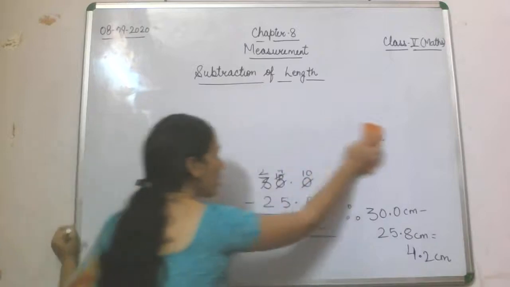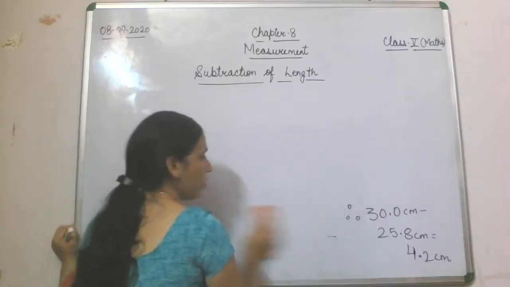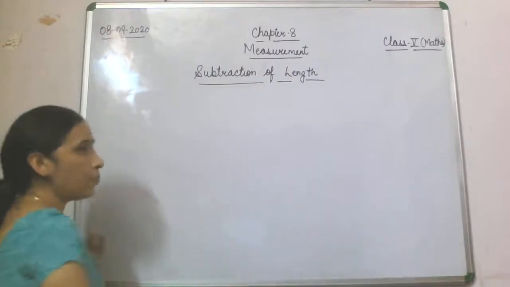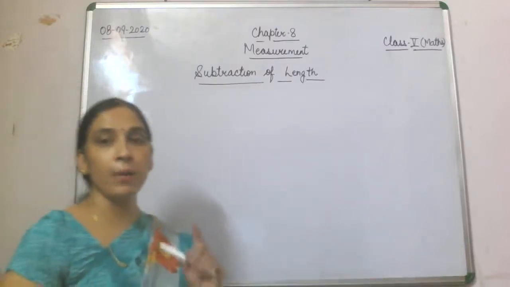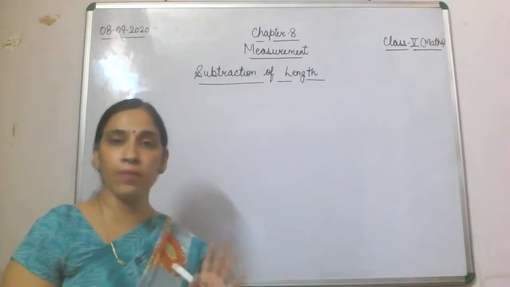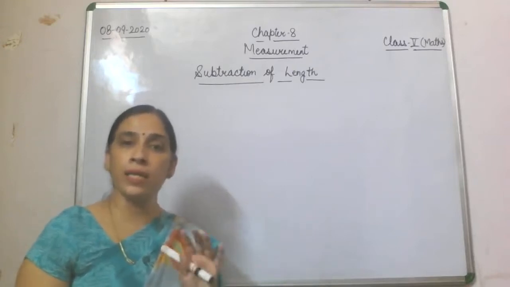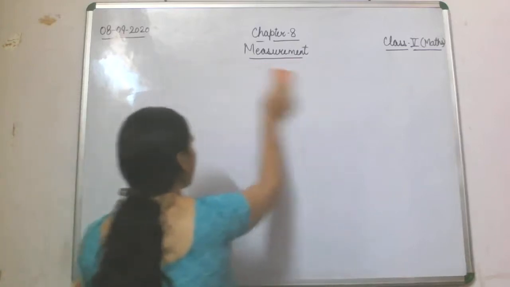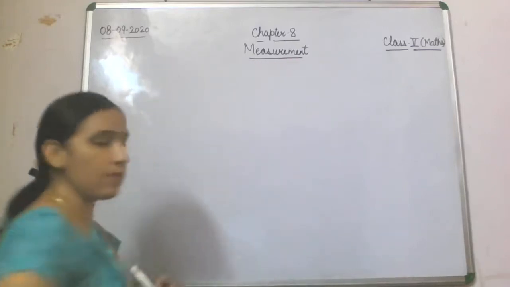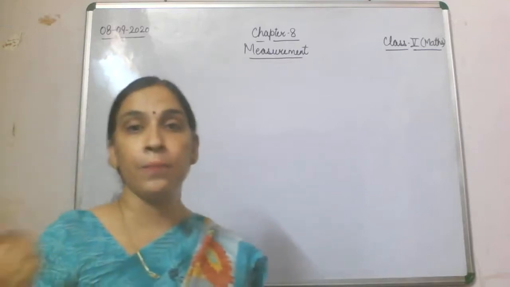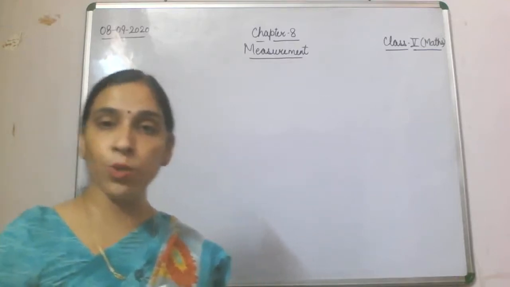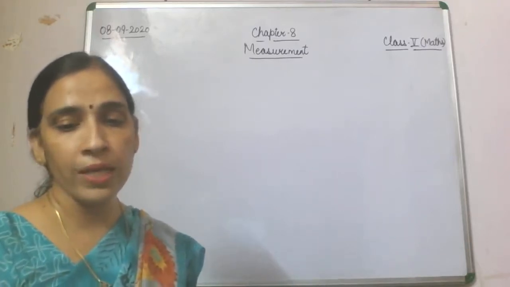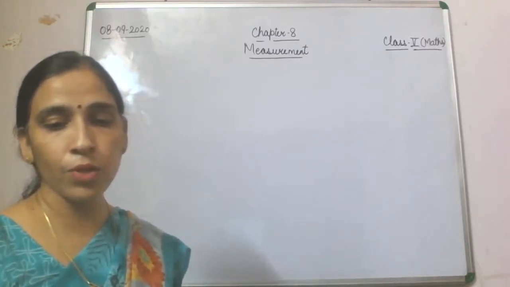Now we are going to start with exercise 8.3. Up to question 10 we have completed, because questions 1 to 9 are already arranged in your book, so that you will do them in your book. And question number 10 we completed in our last video. So now we will start with question number 11, that is related to subtraction. So let's start that.